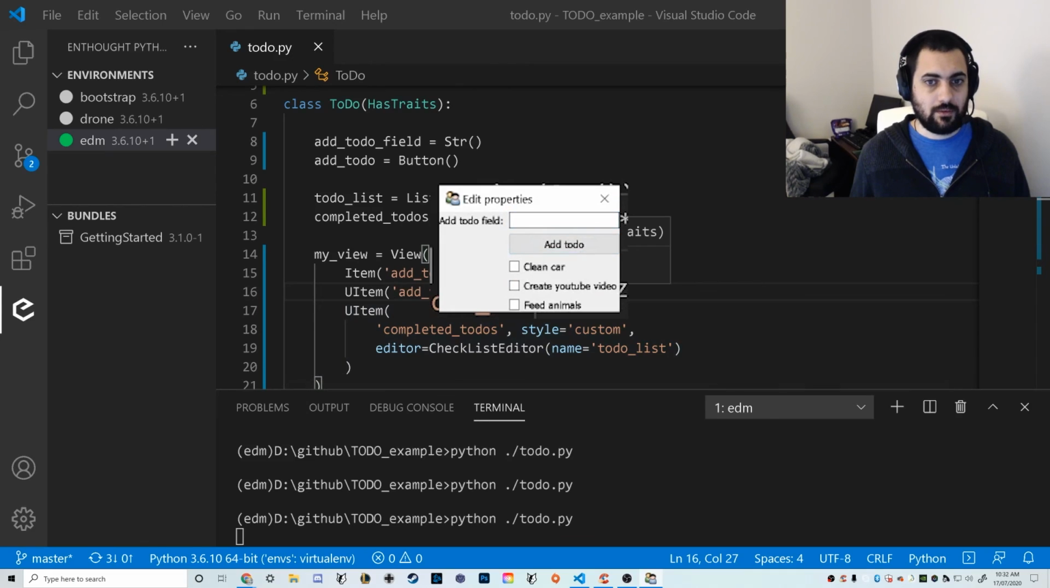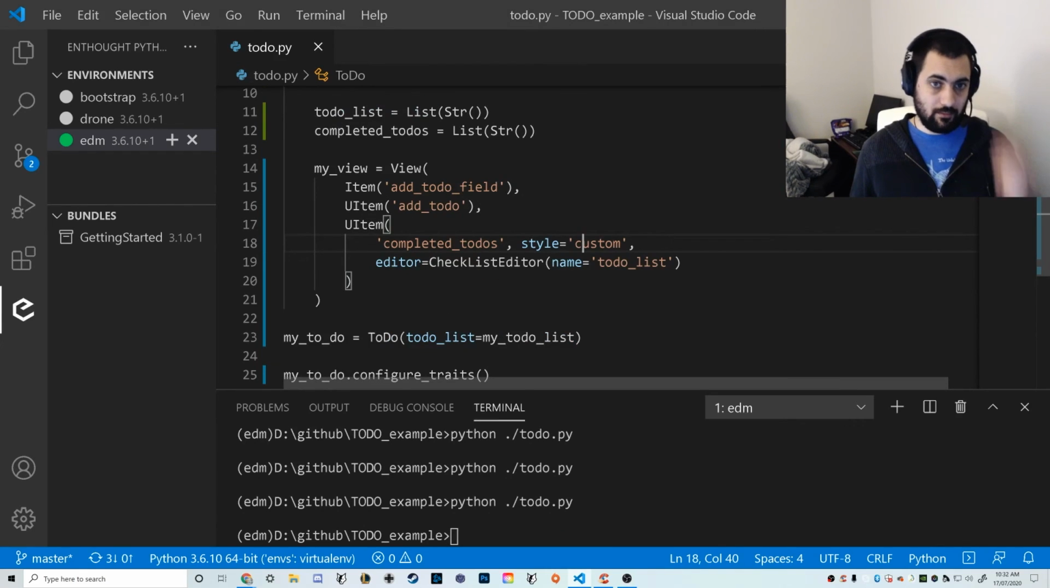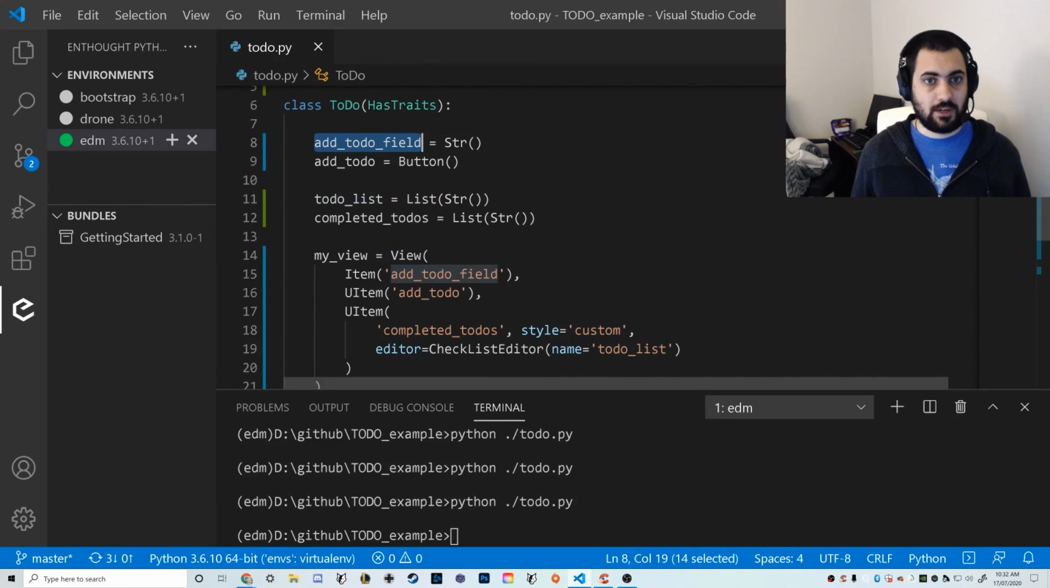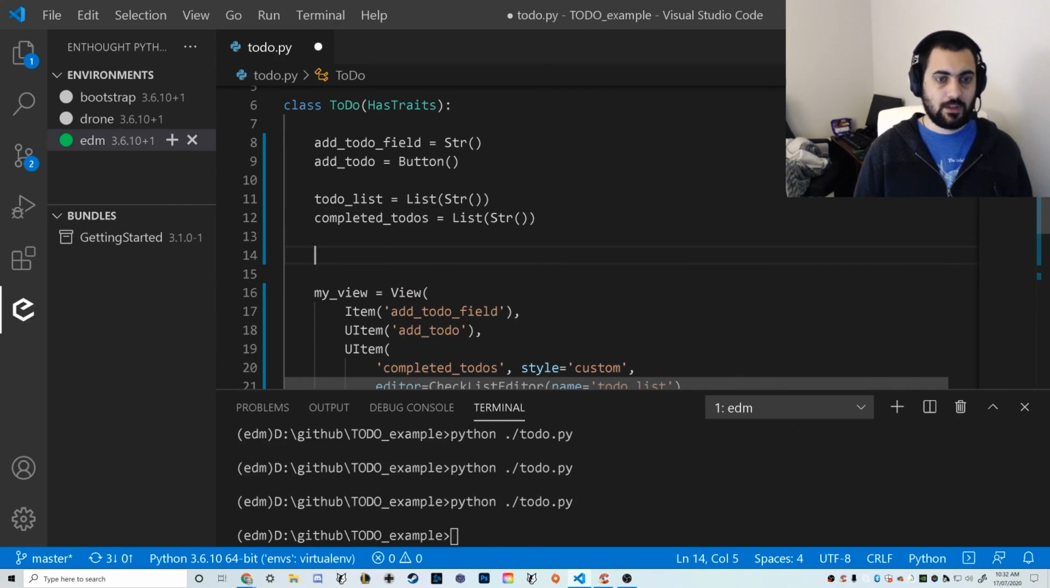So there we have it. We've got our field, we've got our add to-do, but you notice it doesn't do anything. So now it's up to us to code up the logic to be able to add this to-do field to the to-do list. So I'm going to take what's in here and append it to this list. So the way we do this is through